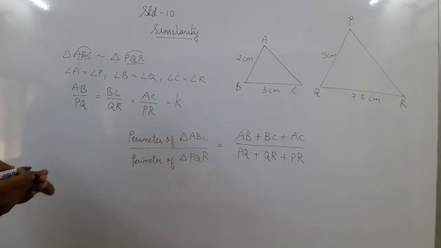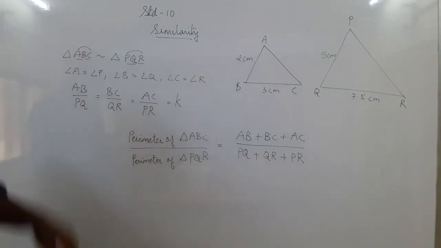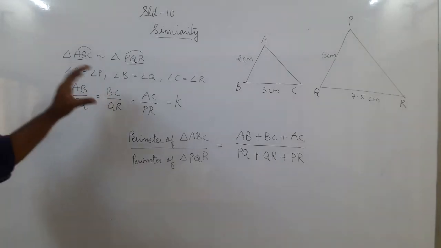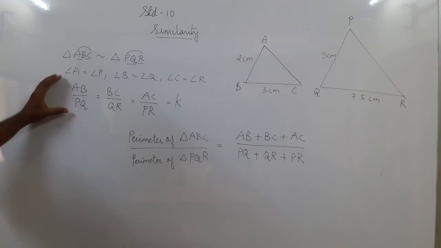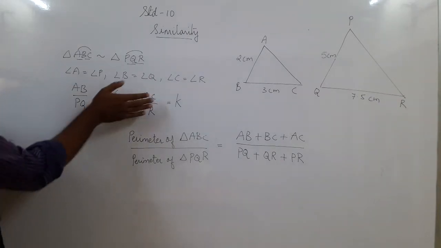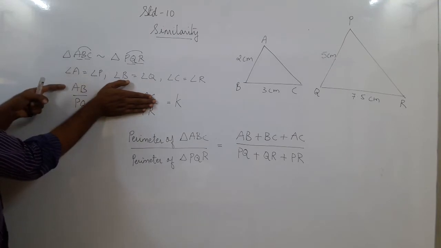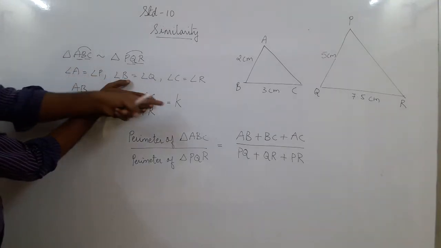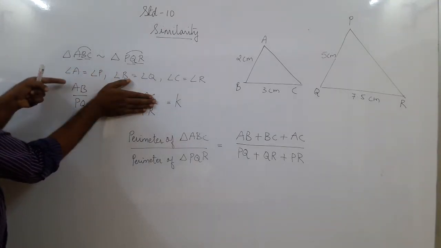Okay, I call this K. Now if I call this ratio K, what do I get? Can you understand what I will get? The ratio is K. Okay, these all are equal. Now let me hide this part. So what you can see, AB upon PQ equal to K. Are you following? AB upon PQ equal to K, the ratio.